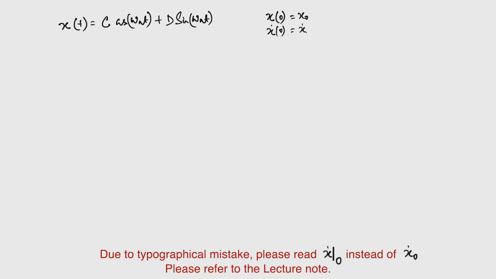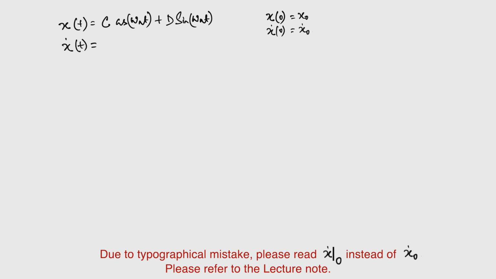We have x of t is equal to C cos omega n t plus D sin omega n t, and we have initial conditions. First we differentiate and find out what is